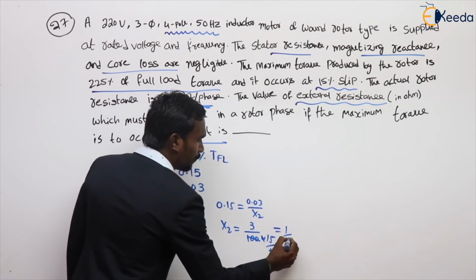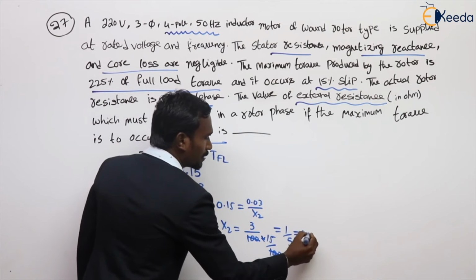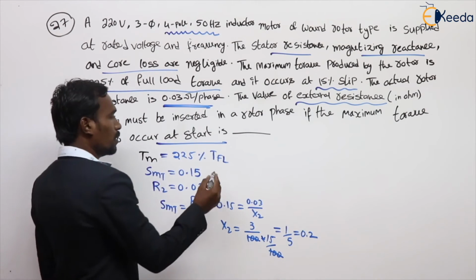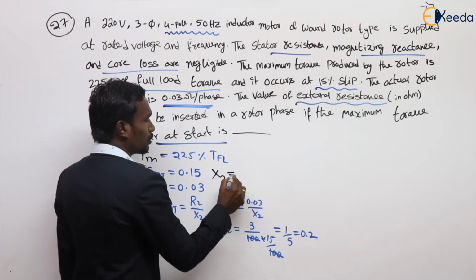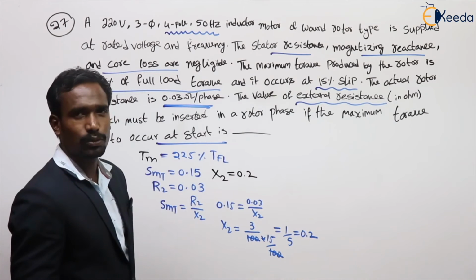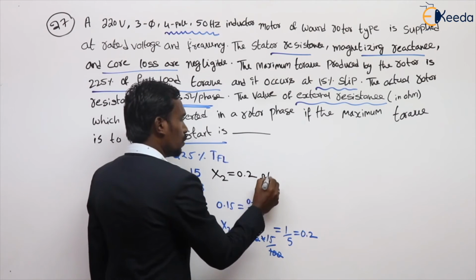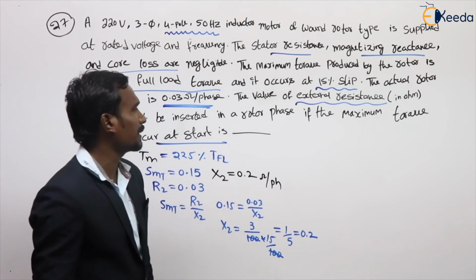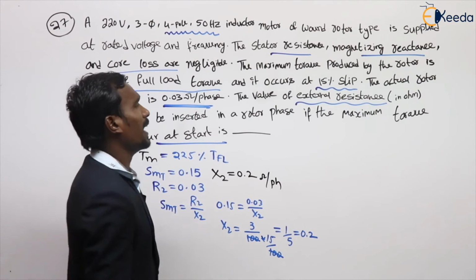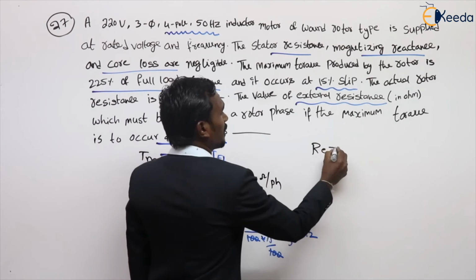So 1 by 5, nothing but 0.2. X2 is equals to 0.2. From the given data, X2 is equals to 0.2 ohms per phase. Right. Now, what they said, the value of external resistance